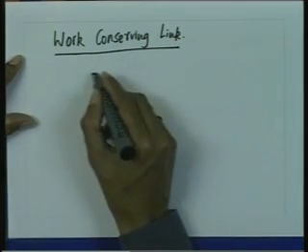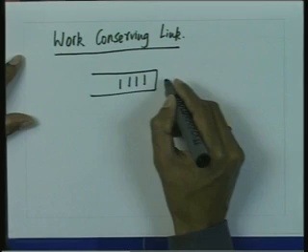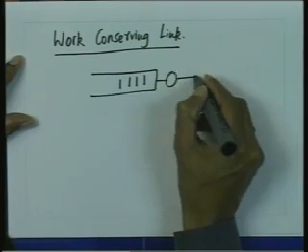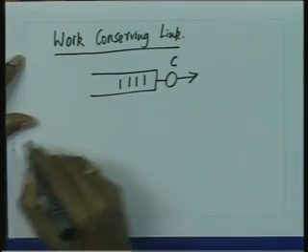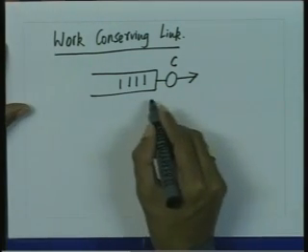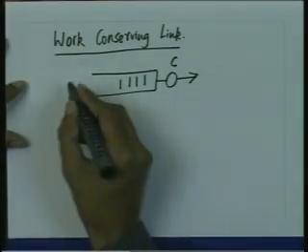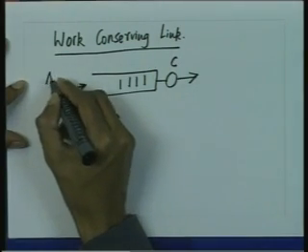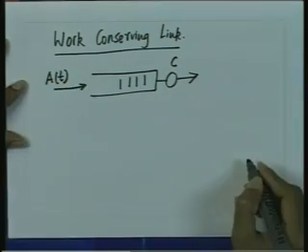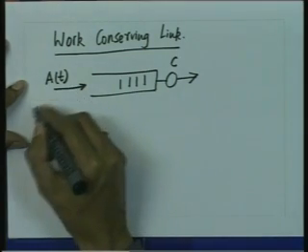Now in this work conserving link, what we are saying is that there is a buffer just transmitting at C cells per unit of time. We would like to characterize this work conserving link later on for the rho sigma characterized traffic. Okay, but what we are saying right now is A(t) is the input traffic, where A(t) denotes the cumulative number of arrivals by the time t.